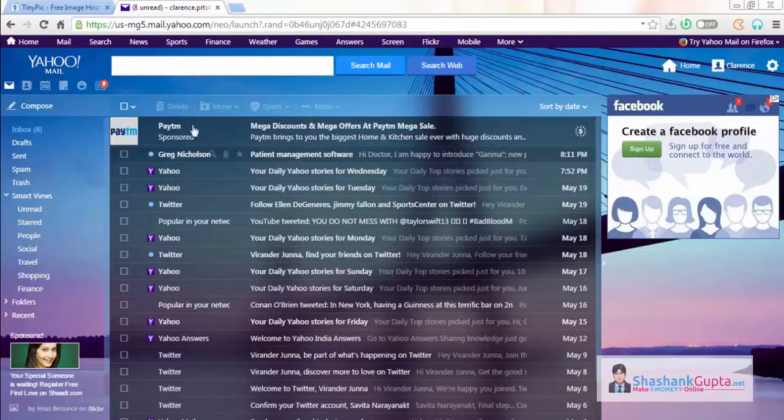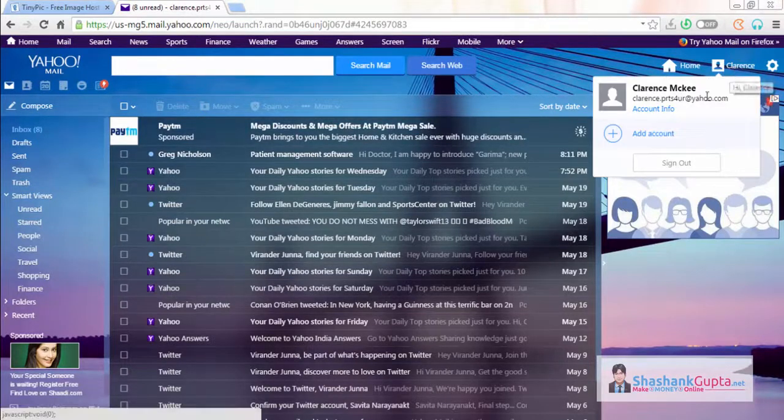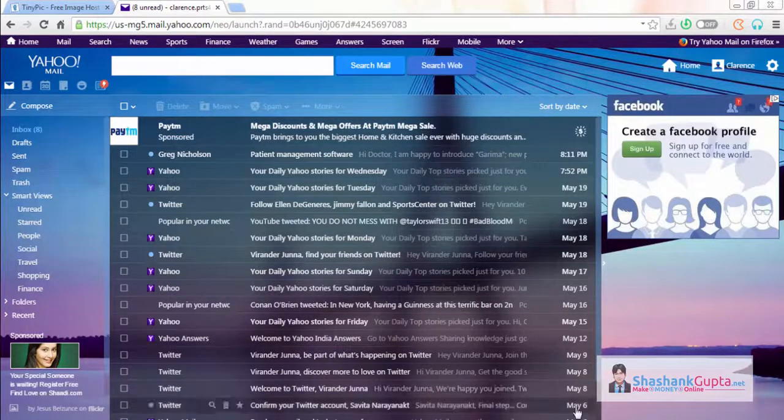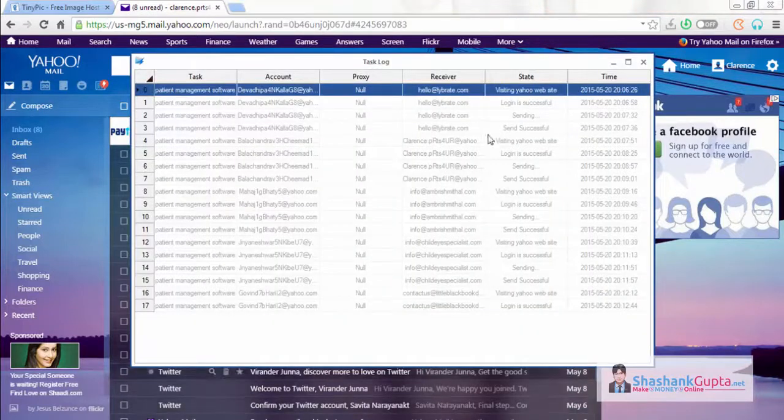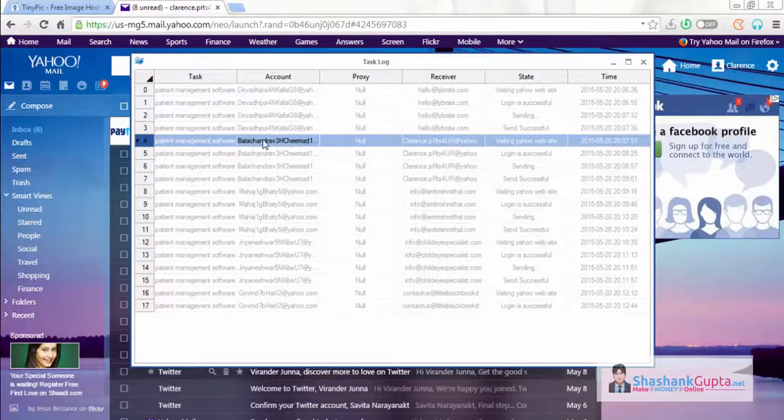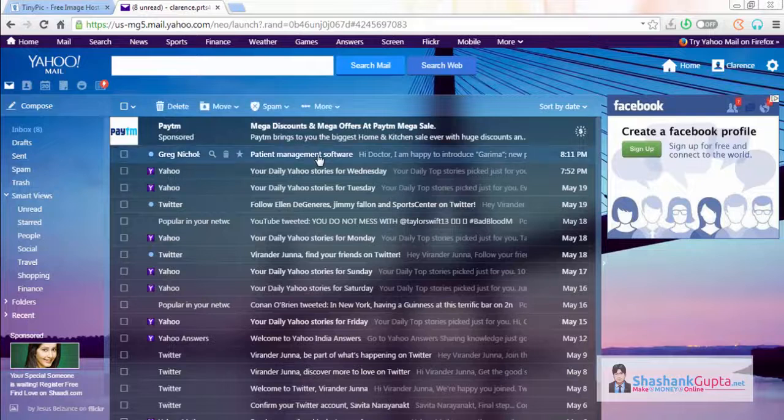I logged in to the account, and you can see that this is the email ID used in the task log for the second email, and we have received this email.